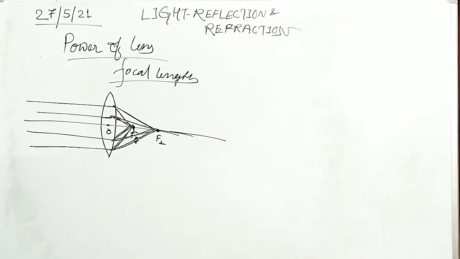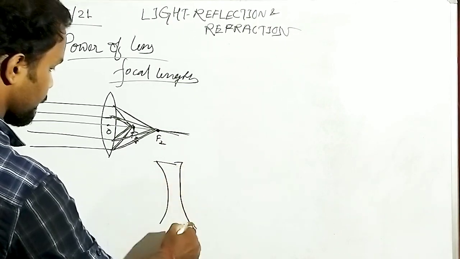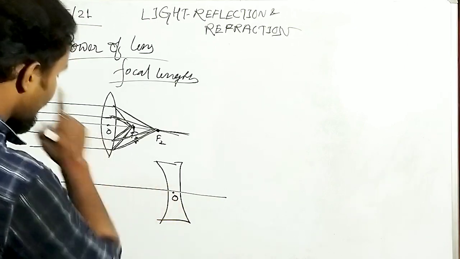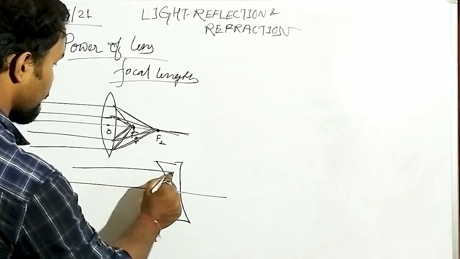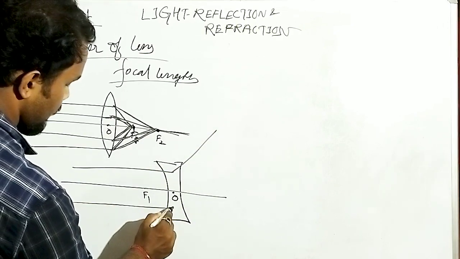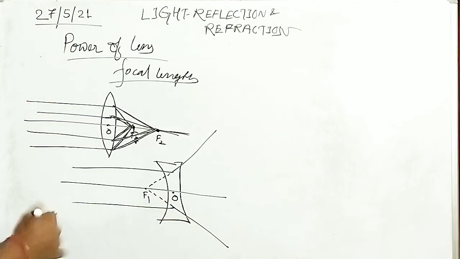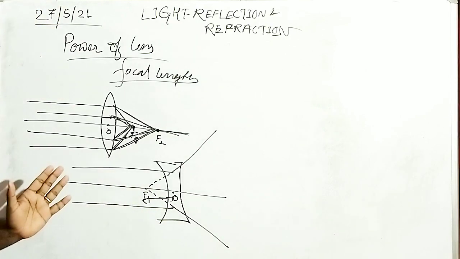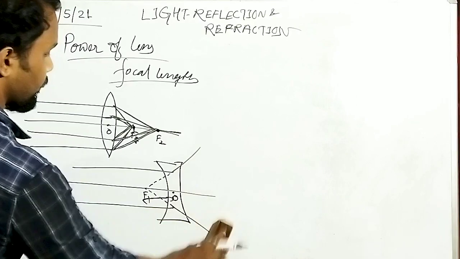But what about in case of the concave lens? We'll again consider the concave lens here. This is the principal axis, this is the optical center. Now I'll consider the focal length here first. So let's see what is going to happen. This is one ray and this is another ray. That means in this case, where the focal length is less, they have to diverge with a higher amount of angle. But what happens if we consider one more concave lens?